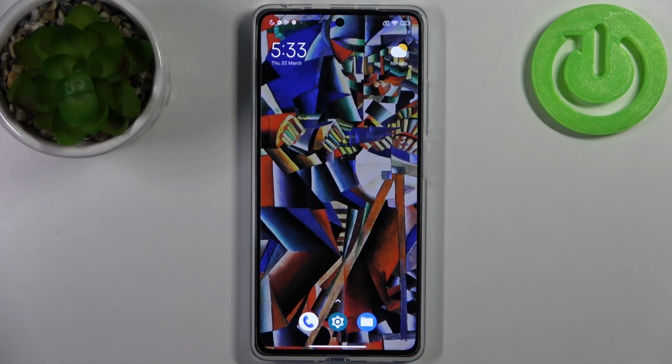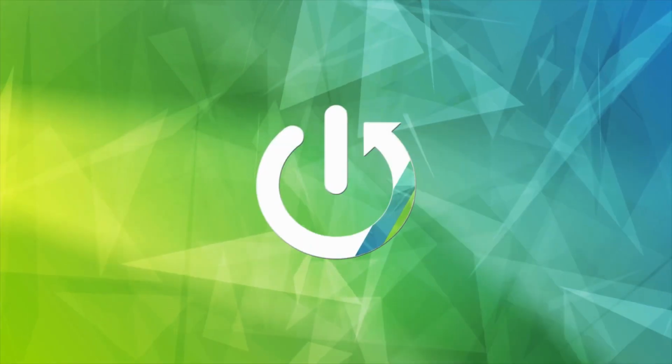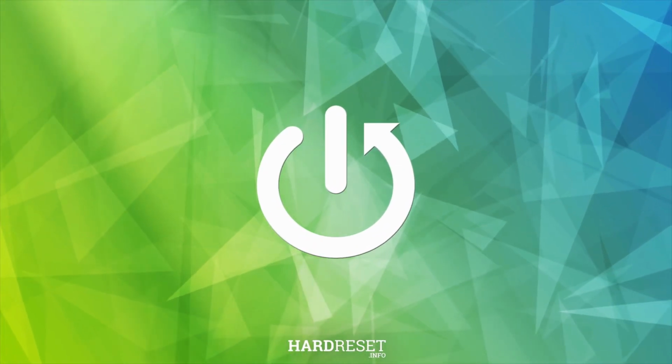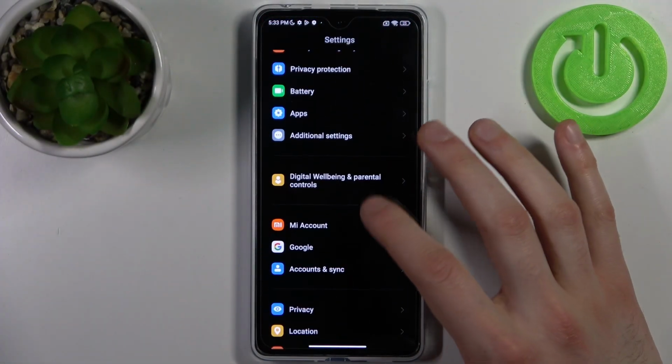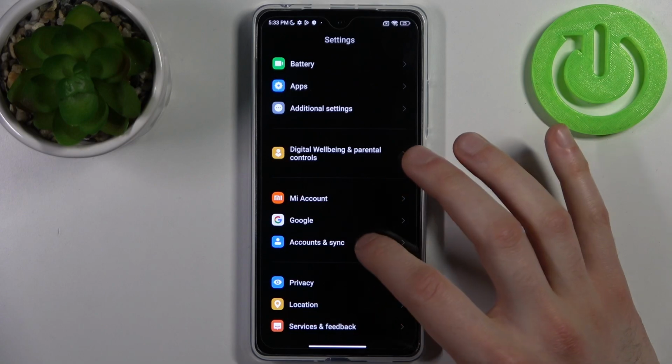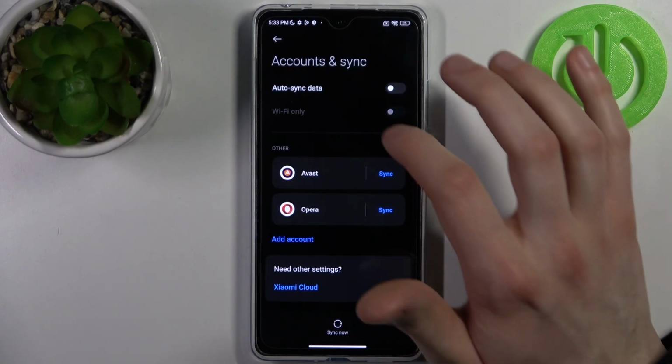Here I have POCO X5 Pro, and today I'm going to show you how to add a Google account on this device and also how you can remove it. So to do this, firstly you have to open settings, then you have to go to the accounts and synchronization,